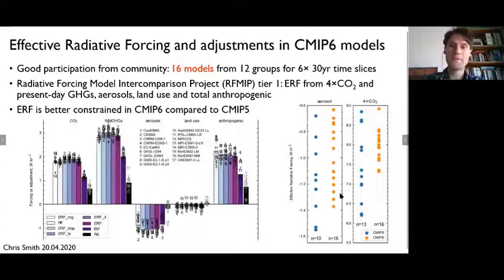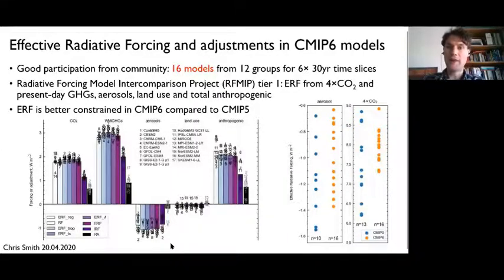The experiments we are looking at are the present day radiative forcing from greenhouse gases, from aerosols, from land use change, from all the anthropogenic components together, and then also that climate model classic, 4 times CO2. And we have these 5 experiments, and we also have an 1850 control, which we use to compare our present day or 4 times CO2 time slices against to determine the radiative forcing.